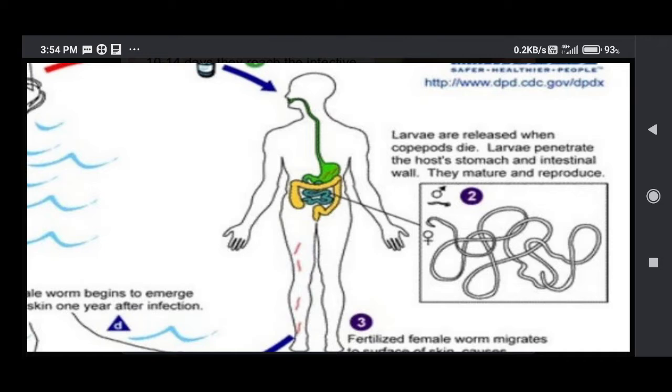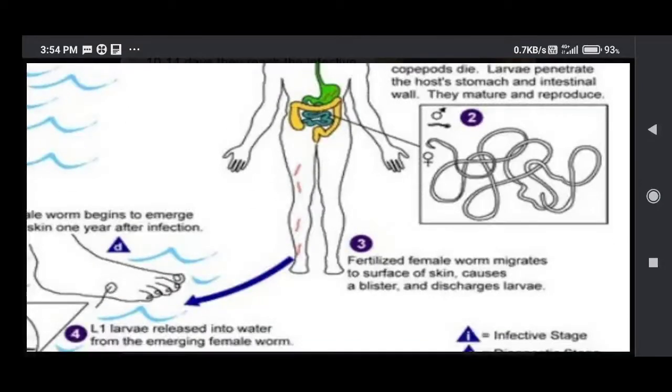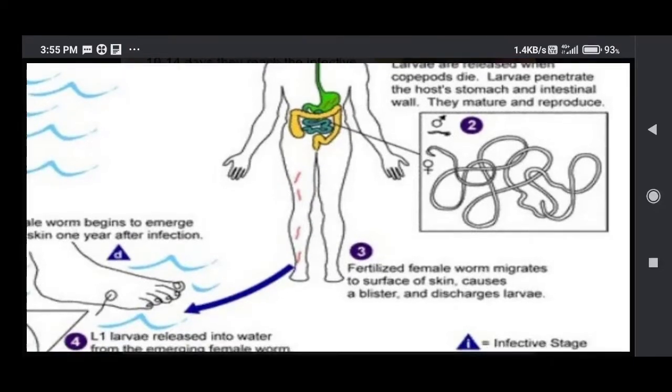So these parasites are ready to mature and reproduce, and finally the male and female reproduce. The mature male and female undergo reproduction, and they can form fertilized eggs. The fertilized female worm migrates to the surface of the skin and causes a blister. So generally, blister is